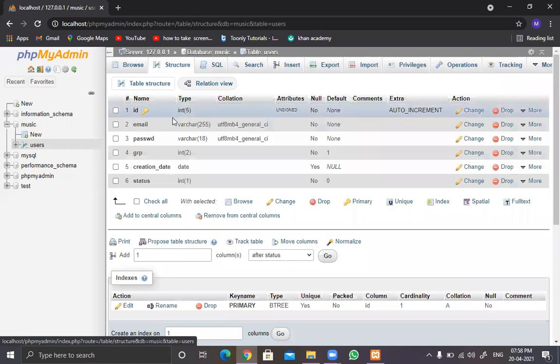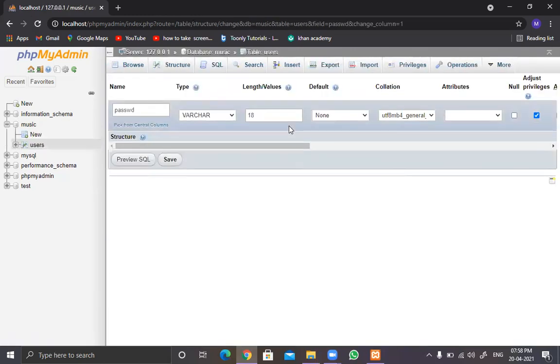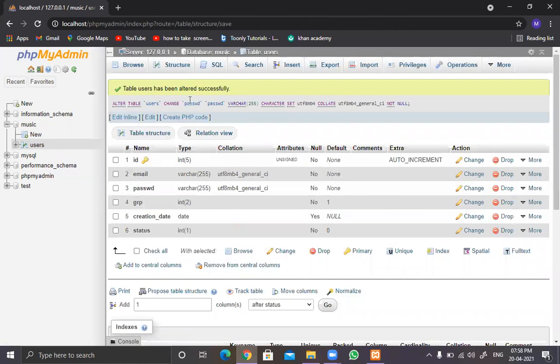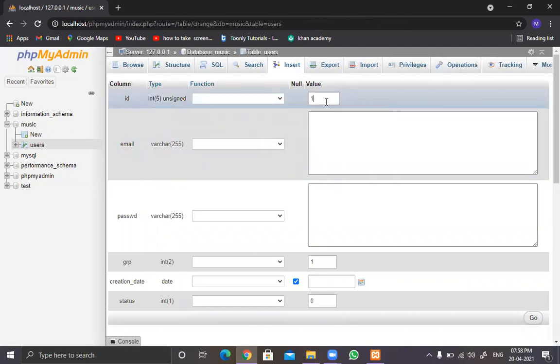Go to this structure and edit this field passwd by clicking on the change button next to it. And let's keep the password as 255 characters long and click on the save button. Done. Now go to insert again, insert value. ID number is 1.